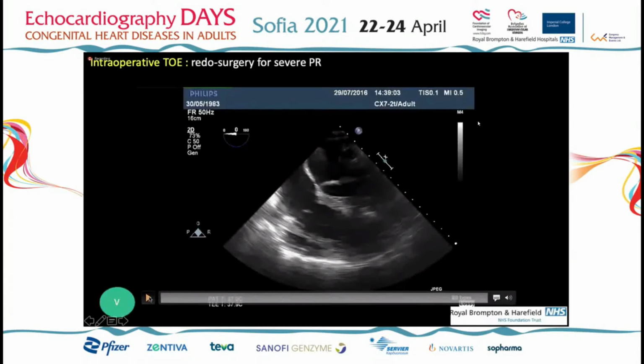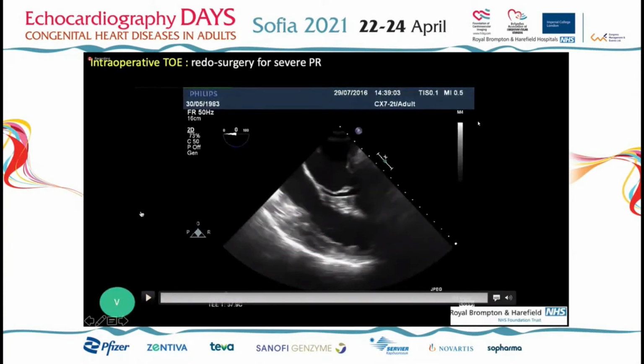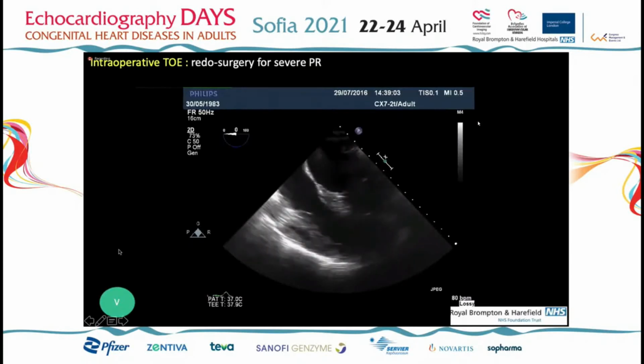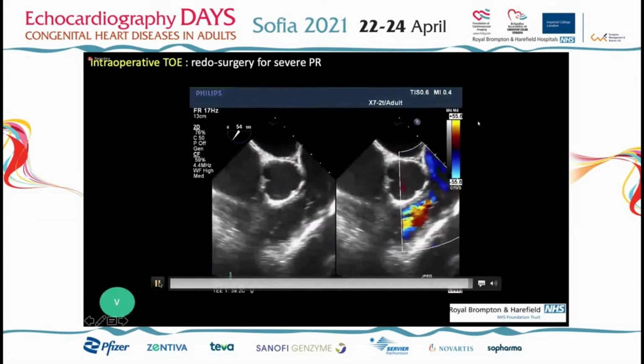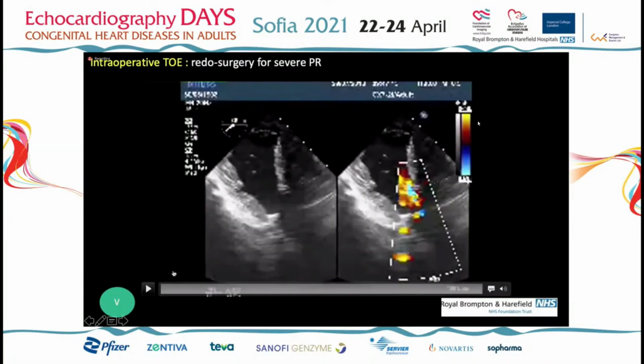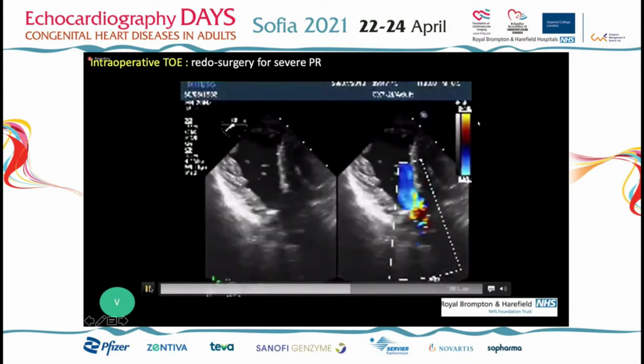Some examples of intraoperative TOE for redo surgery. So I think I showed already this picture of a right ventricle that is severely impaired and severely dilated, also dyssynchronous. This is a clip of a patient with a previous transannular patch that developed severe pulmonary regurgitation, as you can see, and he's going for redo pulmonary valve replacement. This is the same patient from a subcostal view,